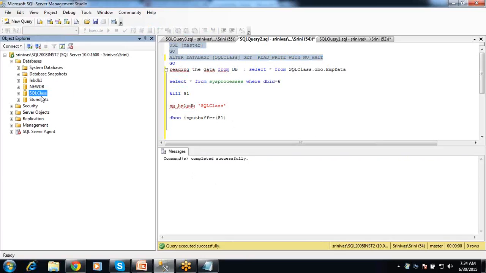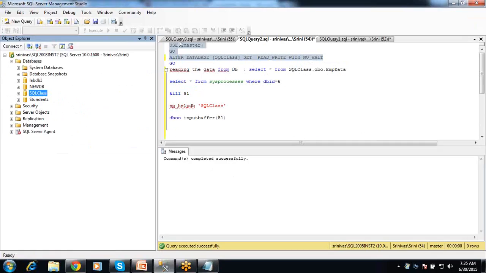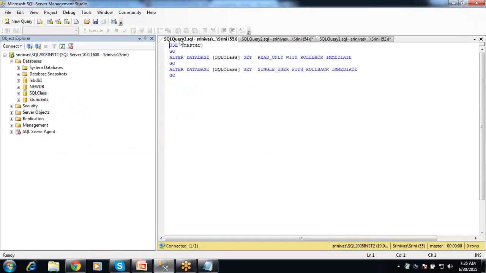It switched back to read write. Okay. So when it is read write, it will allow reads and writes. When it is read only, it will not allow writes. Next is user access: multi-user, single user, restricted user. The same